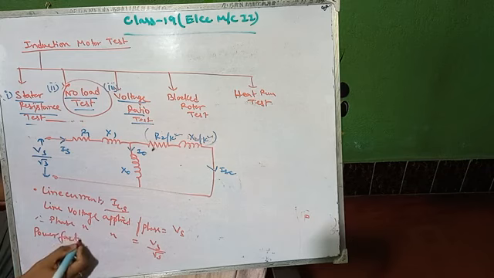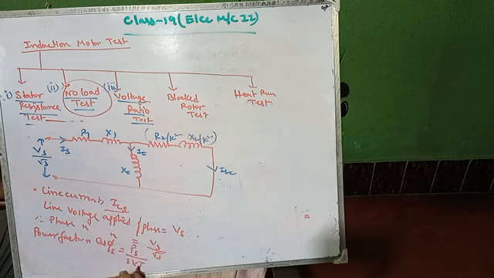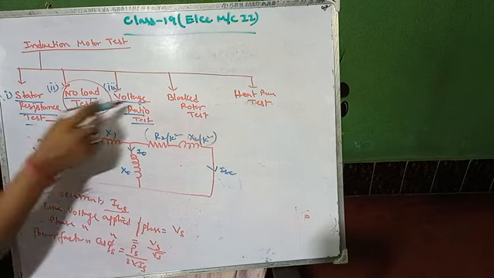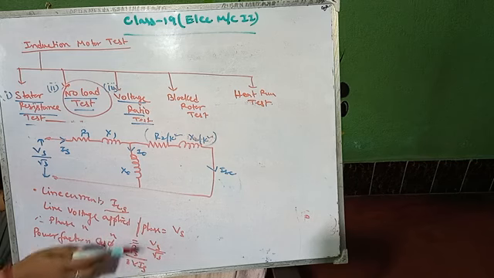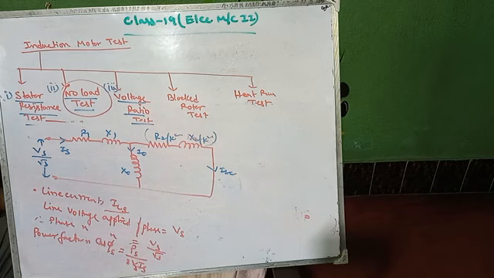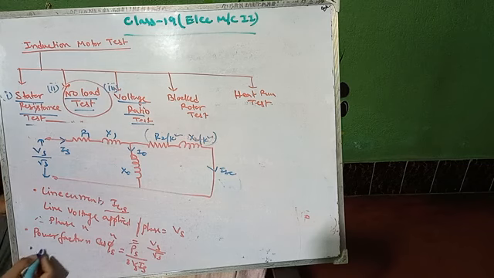You first have to find the power factor cos phi s, which equals PS by 3 V IS. PS is given, and for this blocked rotor test IS is also given. So just take the ratio, multiplying by 3 VS, and you get the power factor first. Then the equivalent impedance Z01 equals VS by IS.